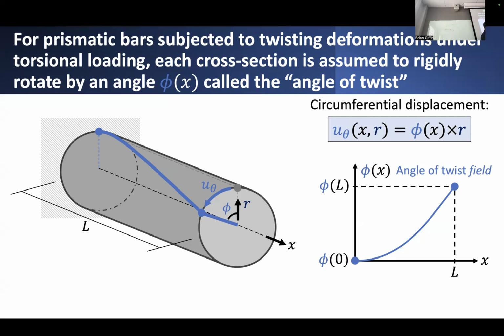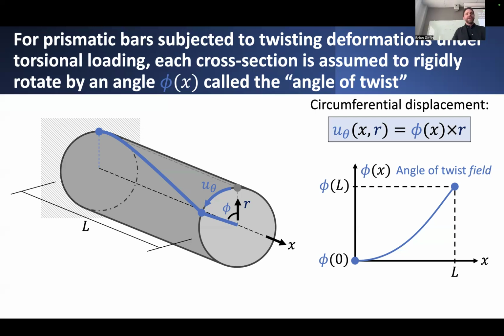If you like, I could call this maybe the circumferential displacement, U sub theta, indicating that it's a displacement described within this cylindrical polar coordinate frame. So I have an axis X that's corresponding to the axis of the shaft, and then maybe I have my R and theta coordinate system defined relative to the center of twist of this shaft. So R measured from the center, and I can measure the distance of points relative to the center via coordinates R, and I can also measure the relative circumferential displacement, basically along the surface of this shaft due to